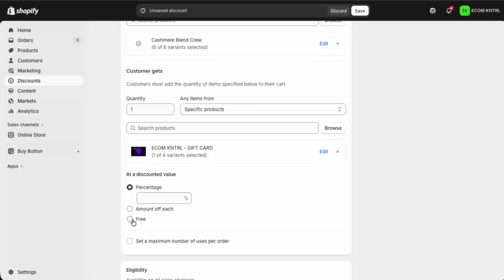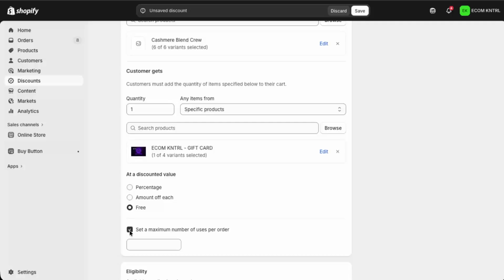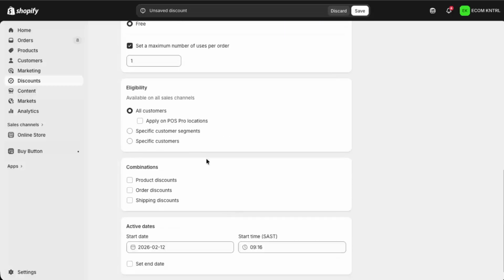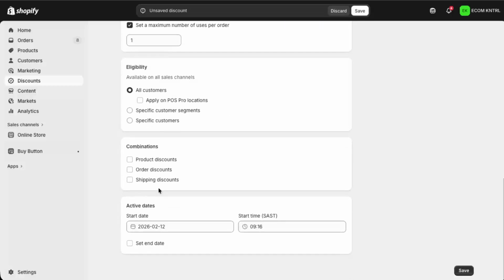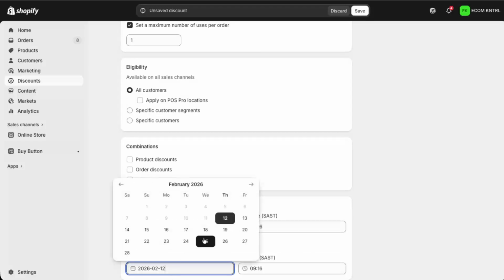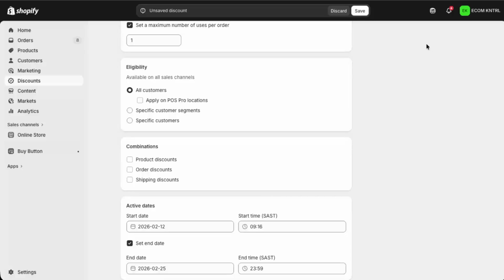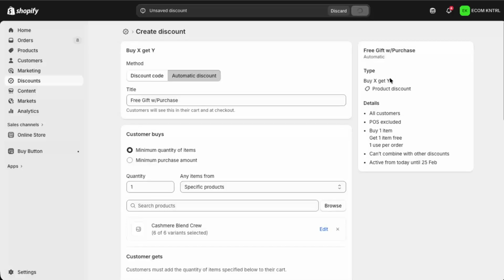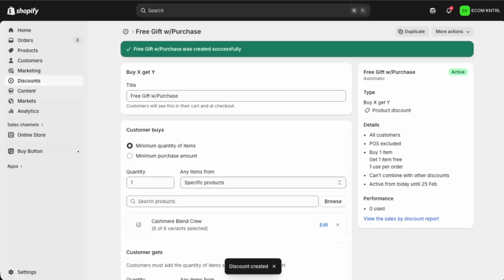To prevent customers from getting multiple free gifts in the same order, click the checkbox next to Set a maximum number of uses per order and type 1 in the field. If this is a limited time promotion, scroll down and click the checkbox next to Set End Date. Then click on the End Date field and choose the date when you want the offer to stop. When everything looks good, click Save. Your automatic free gift with purchase offer is now live and